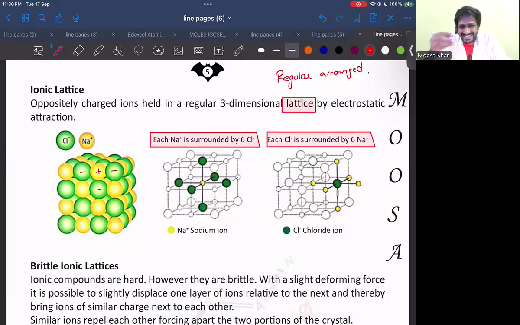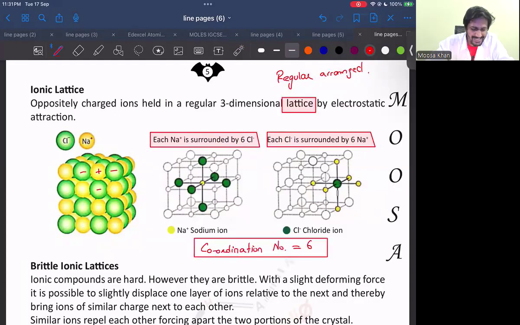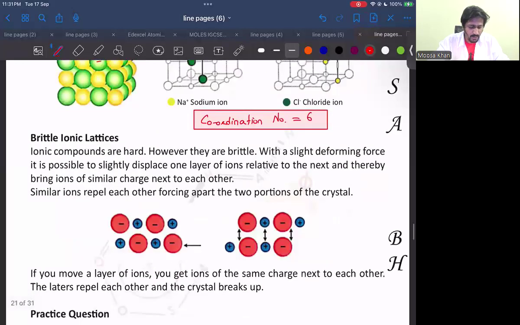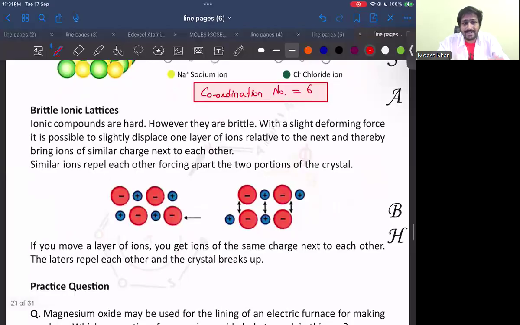ये जो number of cations and anions which are directly attached or attracted to a cation, तो कितने कैटाइन कितने एनाइन के साथ अटैच्ड है और कितने एनाइन कितने कैटाइन के साथ अटैच्ड है, इसको हम कहते थे कोऑर्डिनेशन नंबर। तो now we do not have this term coordination number in our AS level, but for sodium chloride the coordination number used to be 6. एक MCQ शायद आपको पुराने उसमें दिख जाए, but now you are not supposed to remember this. And different ionic compounds have different coordination numbers, सबका एक जैसा नहीं होता, but हमें उस डिटेल में नहीं जाना है।